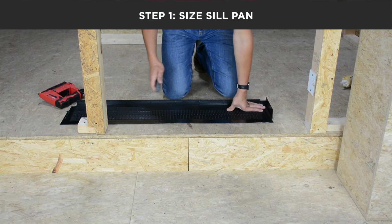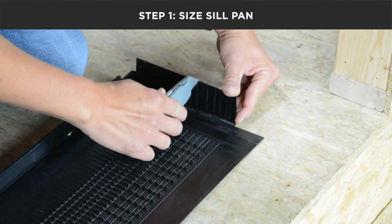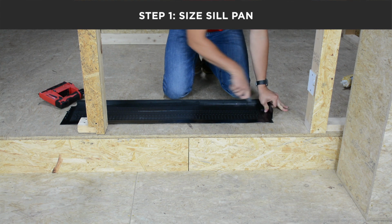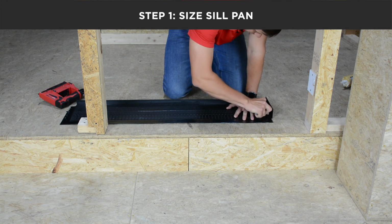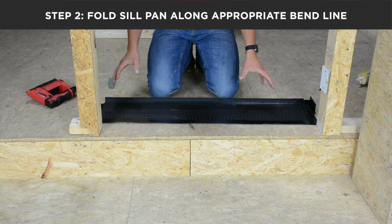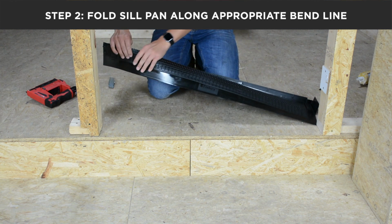Moving to the other end of the sill pan, you will create a score mark in the vertical leg that matches the width of your jamb, and you will also create a score mark along the bottom, removing that tab. Now that you have all your scores made in the appropriate places, fold the sill pan along